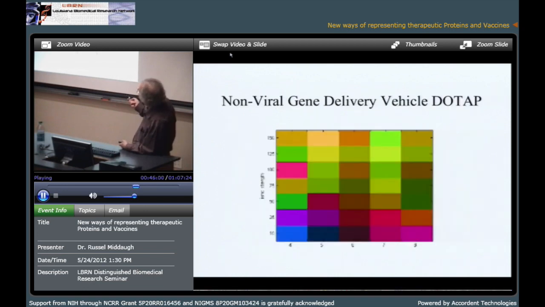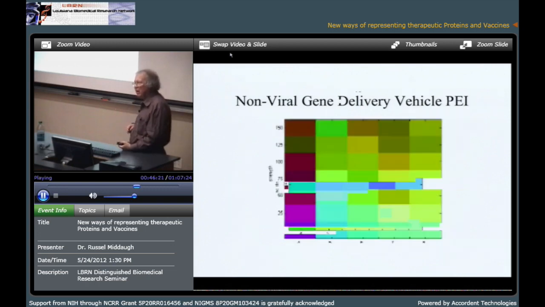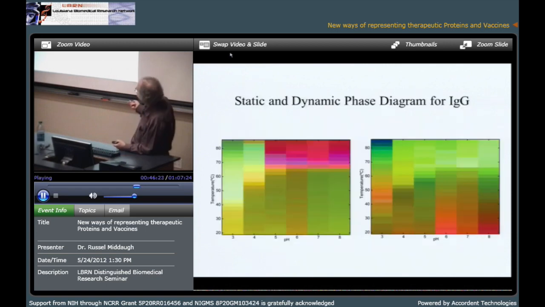Here's a phase diagram. Oops, wrong thing. Adenovirus type 2. We've done non-viral delivery agents in which you complex DNA, and this is an example with a cationic lipid. And here are phase diagrams, although notice in this case we're using ionic strength and pH. Temperature, the DNA is pretty stable. It doesn't start to melt till pretty high temperature. I have lots of these, so I'm going to skip by them. These are for different types of charge things at different pH.